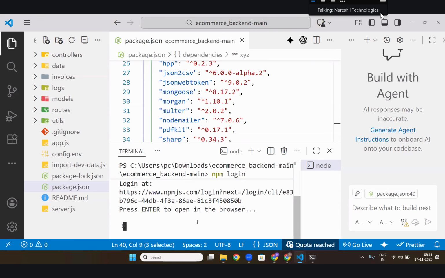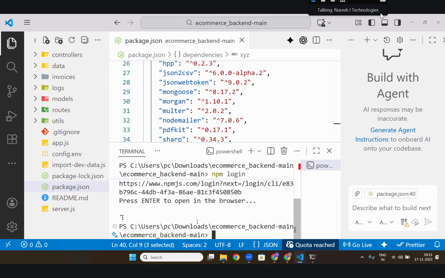See, it's not taking, it's waiting for the OTP to be entered. But once it is logged in, it will take that particular current folder. Then you need to write npm publish. There are some rules when you are publishing an npm package. You should have a readme file. The main file should be index.js only. Okay, some basic logic, those things you can keep.